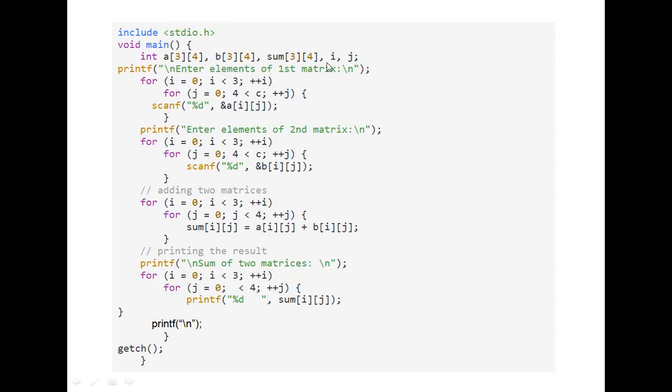We will declare a variable i equal to 0, because as learned earlier, the index of the matrix always starts from 0. So the first row will be 0, and i less than 3, because the number of rows is 3 in all three matrices. We are right now talking about the matrix A. So i will be less than 3, i plus plus. Inside this loop, we have another loop which controls the number of columns. So this will be j equal to 0, j less than 4.